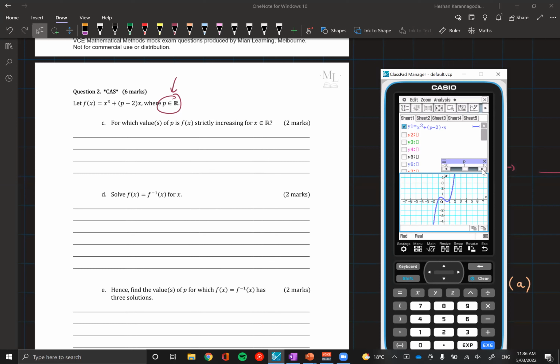And I wouldn't be able to answer this question without this, and probably most of you wouldn't either. So it's really important to understand this feature, and it works for any graph with a parameter or a variable in it. So you can change the values of P, and I think you call it dynamic graphing. So dynamic graphing is essentially when you have a parameter that changes the graph, and we can see graphically how different values affect the graph.